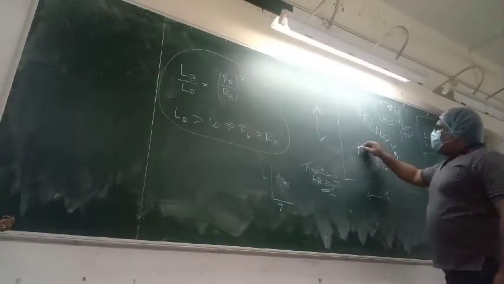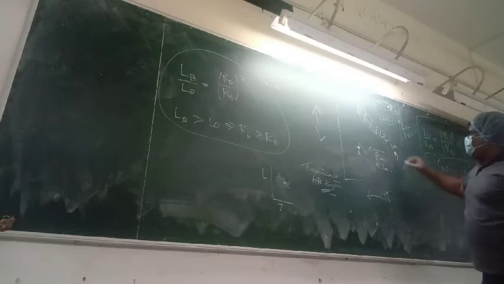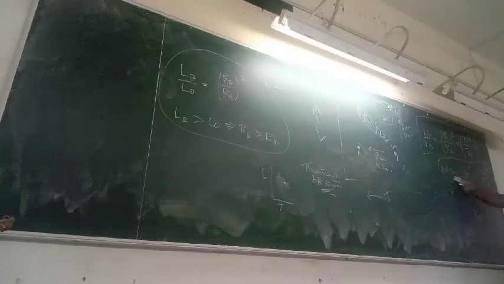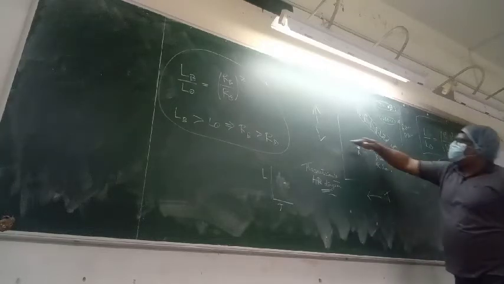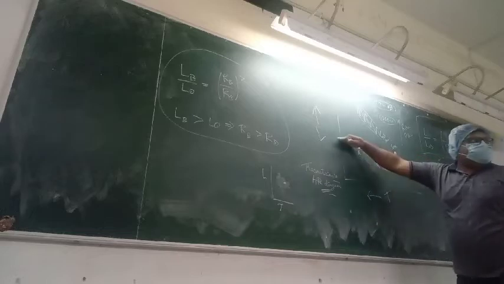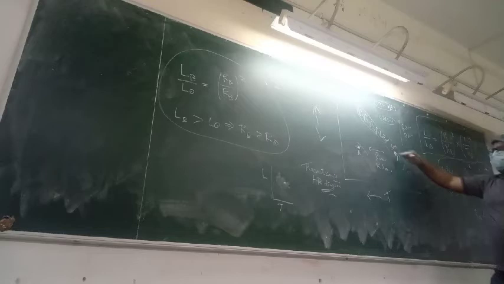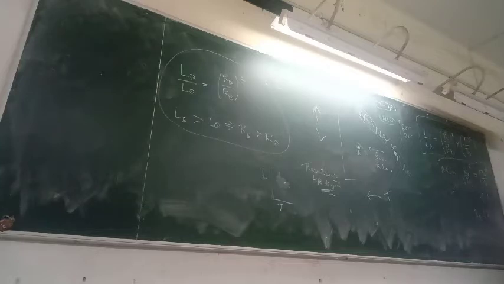So if you compare a star A over here and this sun, and you compare the luminosity of both of them, as I have shown you over here, then you can see that they have the same luminosity, which I have prepared for the ease of understanding. Same luminosity means R_A by R_sun is equal to (T_sun by T_A) to the power 2. This is 2, this is 4, so basically this is to the power 2.